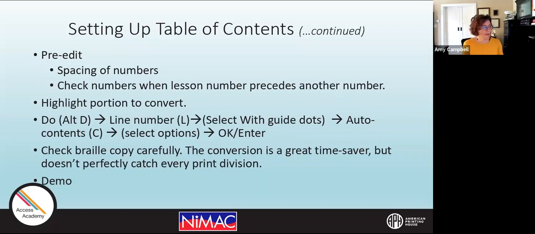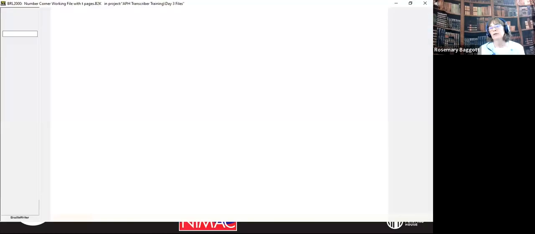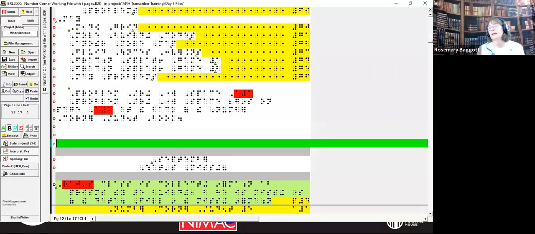So let's see. Should there be dots between text and page numbers? That was one of the questions, and someone thought that perhaps, but okay. Yes, and that's why Braille 2000 enters them automatically. Otherwise, before this conversion, some of us, like myself, are entering them individually, and that would be under formats. Okay.